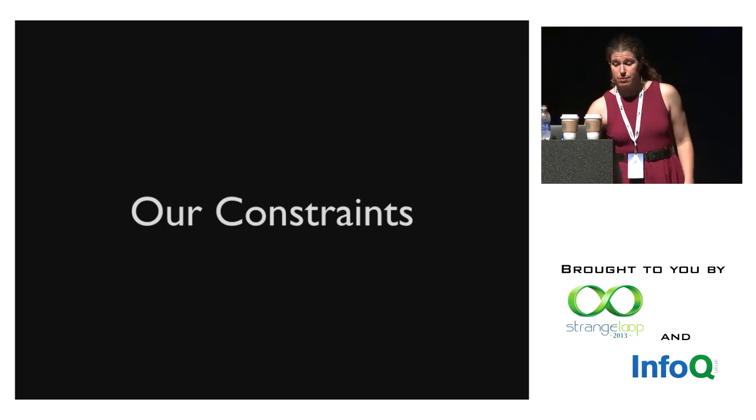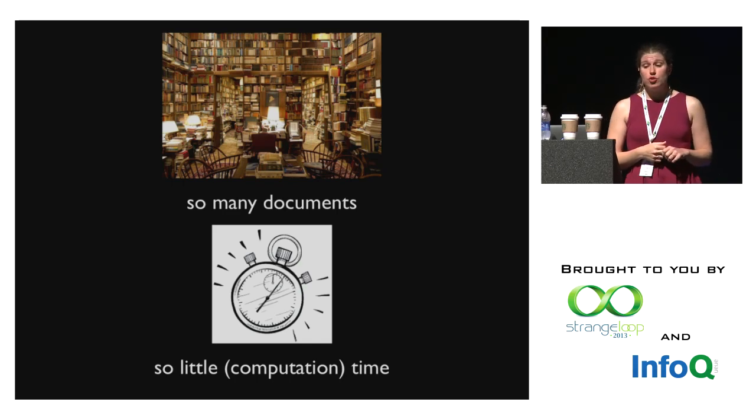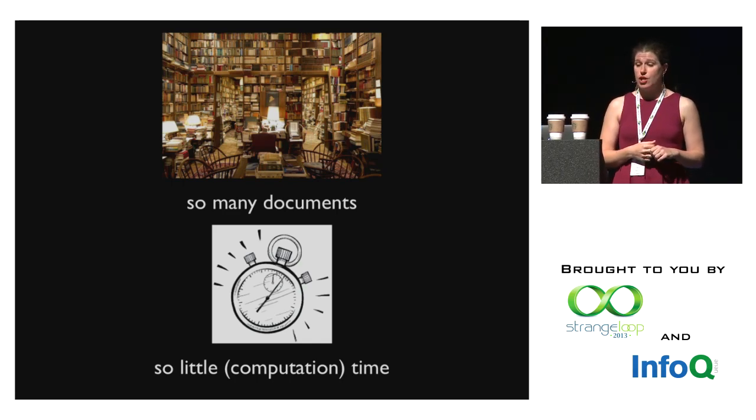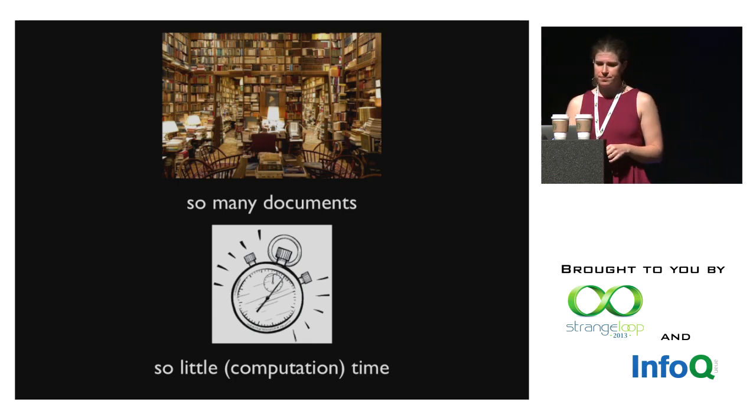So next, I'm going to talk about some of the constraints that we need to work within. We make each user's personalized feed on the fly so that we can provide you with the highest quality and most up-to-date feed possible. This also means that the API call to get a ranked feed is a user-facing call and must be done very, very quickly, on the order of a couple of 100 milliseconds.